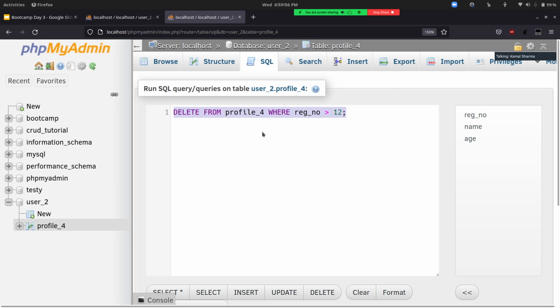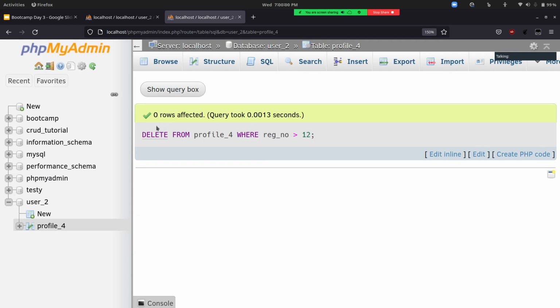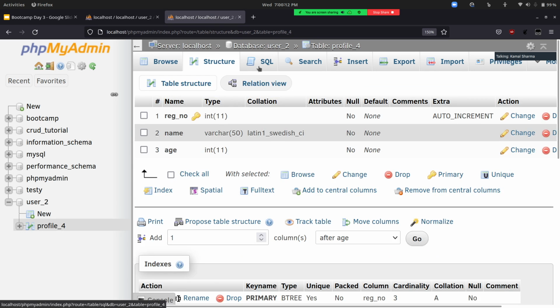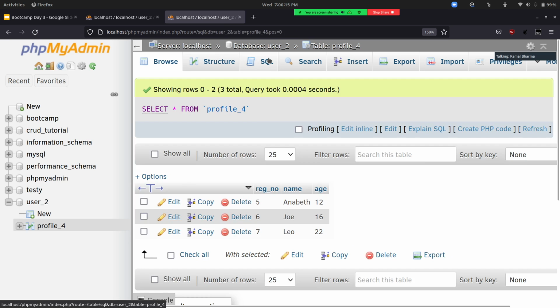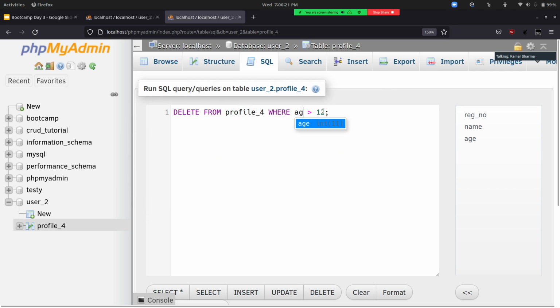So if I execute this, and if I go to the profile and refresh, okay. Oh, I had given registration number greater than 12. I have to give age, sorry. I had given the wrong stuff. I had given registration number as 12, where age is greater than 12.